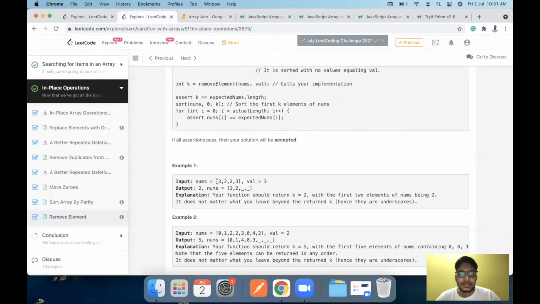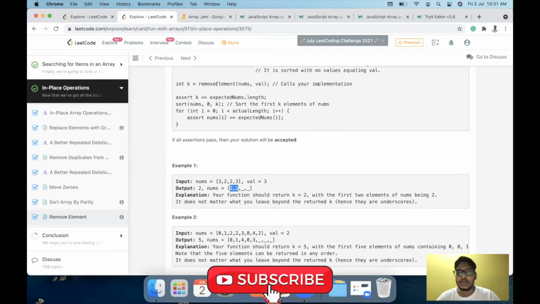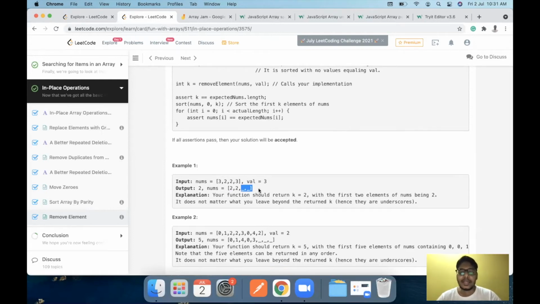So let's say I have a nums array with elements 3, 2, 2, 3 and I have a val of 3. What we need to do is remove all the occurrences of element 3, which is our input, in our source array. That is, the element 3 at index 0 and at index 3 needs to be removed. And we should have an array like this, which is nums 2 comma 2. Now towards the end we can have underscores, or we can directly remove the array. Since in JavaScript there is no fixed length array, we can reduce the array as well. There is no issue as such.